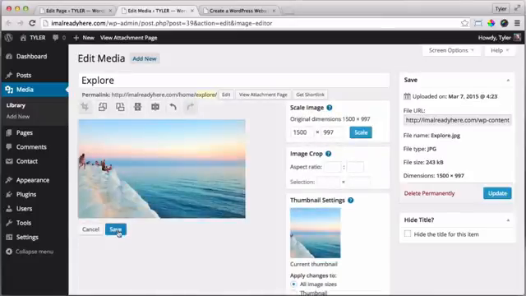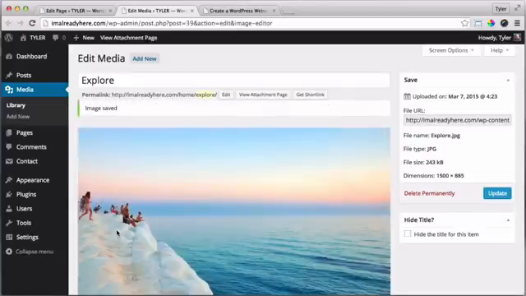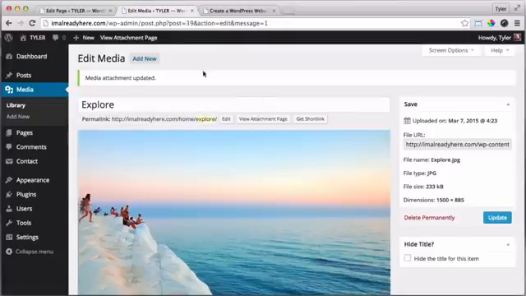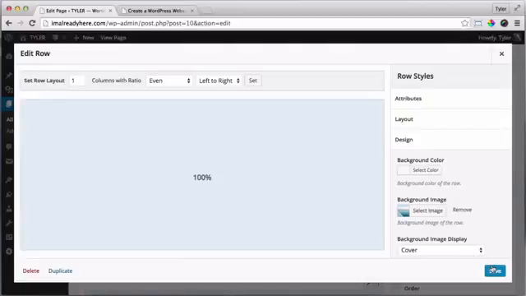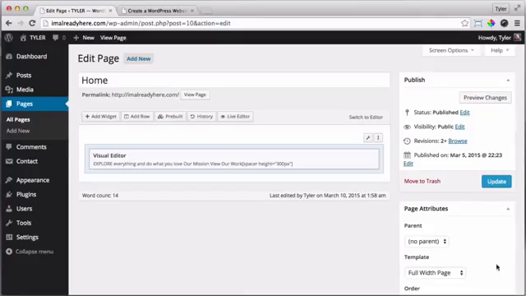Once we do that, we're going to click save. And we're going to click update. Then we can exit out of this tab and press refresh. Then done. Save our page and update